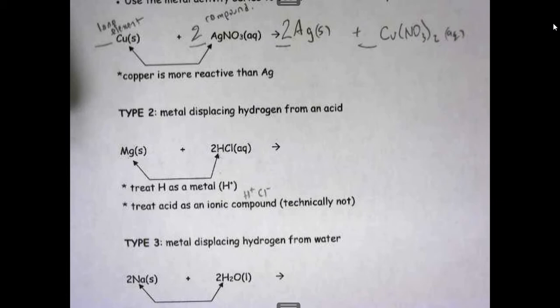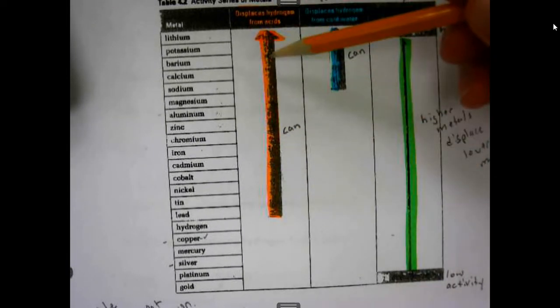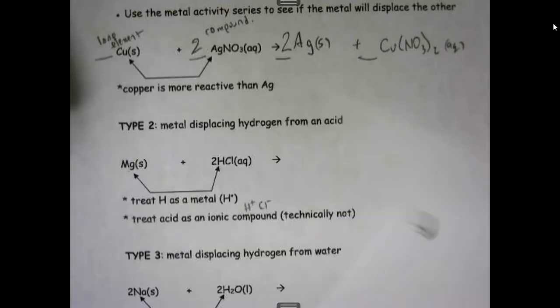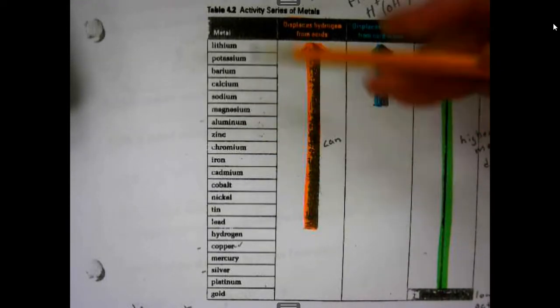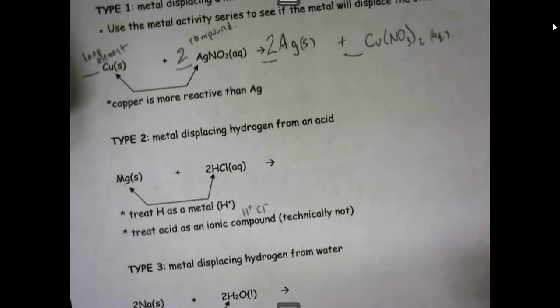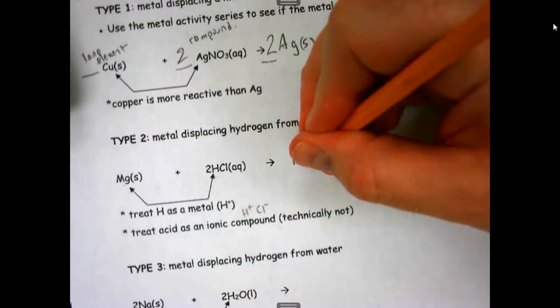So now, because that's an acid, we're looking along here, and we're simply looking to see whether it's within the arrow itself, not higher up. Okay. So our metal here is magnesium, and we're going to look for magnesium on here, and magnesium is right here, and it is within my orange arrow. So yes, it can displace hydrogen from an acid. So then we simply rewrite. So this is going to go where the H was, so it's going to be MgCl2,